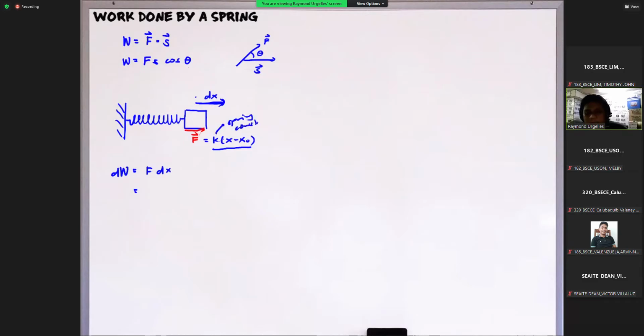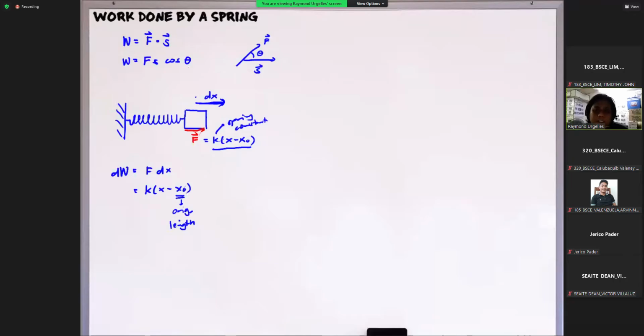So you should have studied this in your mechanics class. Most likely, you took mechanics in your school, diba? So again, this is K times X minus X sub 0. Our X sub 0 here is the original length, okay? So again, this is the original length of our spring, okay? And X is the final length